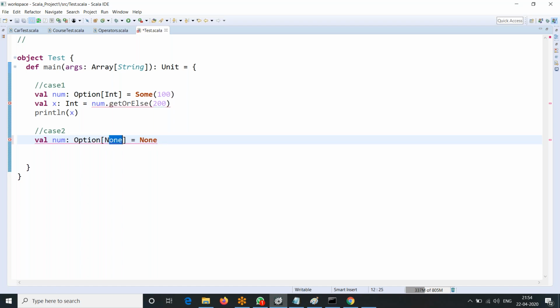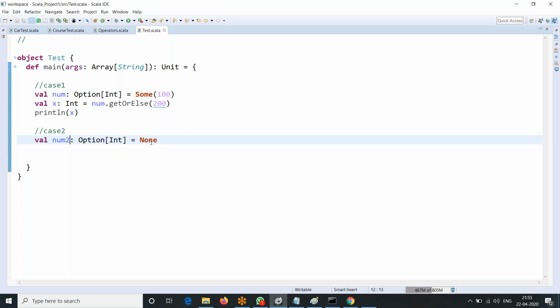Okay, I got the issue. I got the issue now. See, I'm redeclaring the variable, guys. Can you see here now? So that is one of my mistakes. So I make it as num2. So that is the issue, because we can set none to option with any type inside that, because it is equivalent to having none. As option holds an object or null, there is nothing wrong to have any type here. So there is nothing to worry.